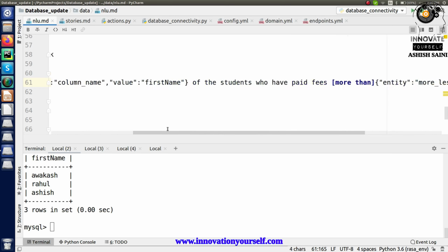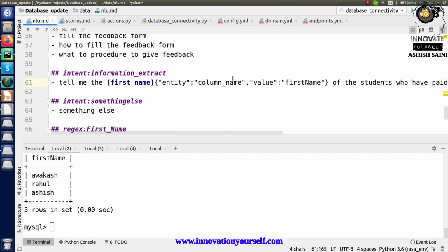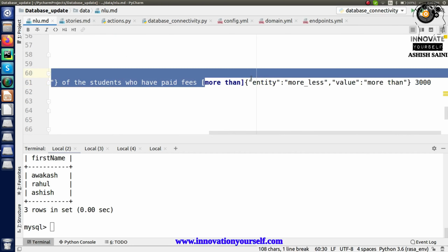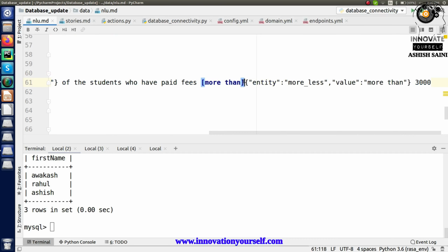Alright, so this is what I've done right now. First name will be extracted from here. Similarly, more than will be extracted from here, on the basis of which I will use this information to tell whether this should be more than or less than, right? So this is how I'm going to do it.